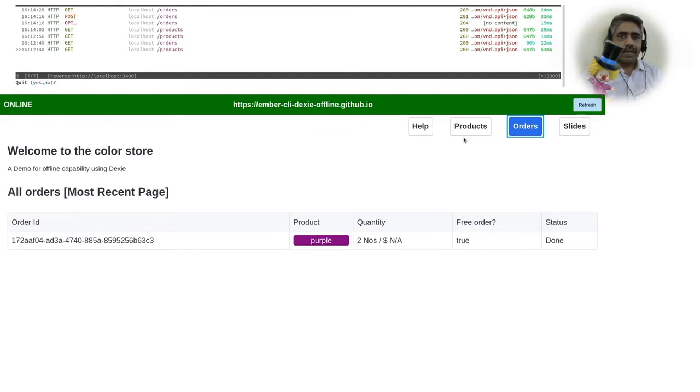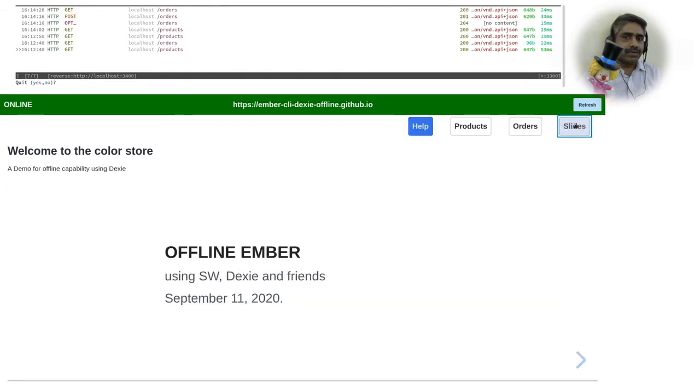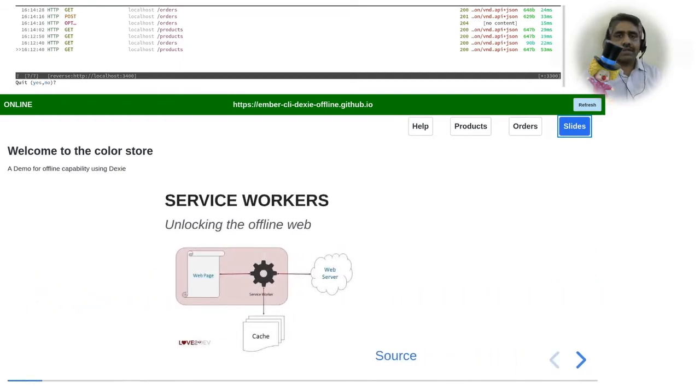So this is the app, and there is a help which describes what I've been doing right now. Let me go to the slides again and talk about offline. When we talk about offline, the first thing that comes into our mind, be it Ember or non-Ember, is service workers.